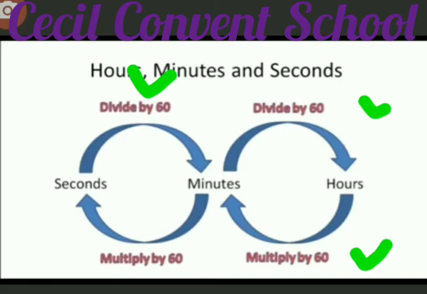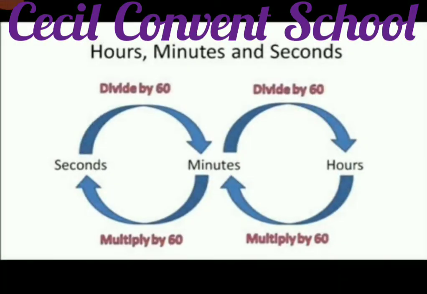Remember, when we go from big to small, like the hour hand is the biggest hand, and from hours to minutes, when we go, we always multiply by 60. And when we move from minutes to seconds, we also multiply by 60. So this diagram also you have to make in your maths notebook. Two things: firstly, write down the important points. After that, make this diagram in your maths copy, so that the things will be more clear to you. Okay. Now we go to the activity.